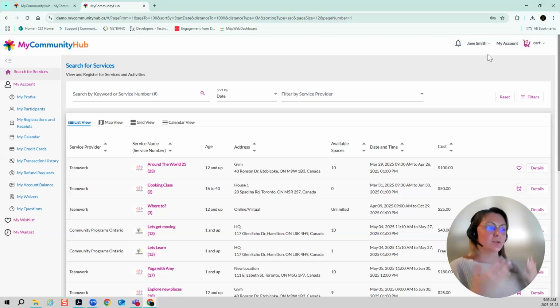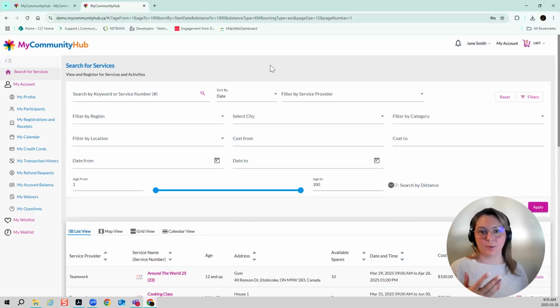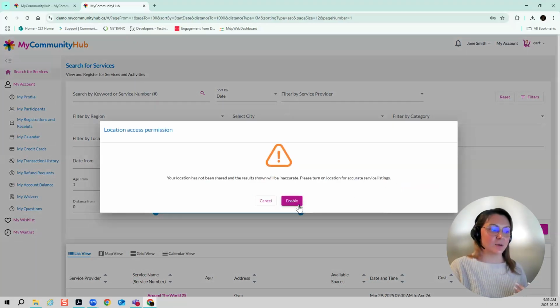Same thing as before, you see the curated list. So right now I'm not filtering for anything, so I'm seeing everything that's currently available. These three main filters will always be up here. And if I open the filter section, I'll get all the options that I can filter by. So I can filter by a specific city, a specific location or region, by age, by distance. If I click this distance button here, so search by distance, it's going to ask me if I want to enable sharing my location.